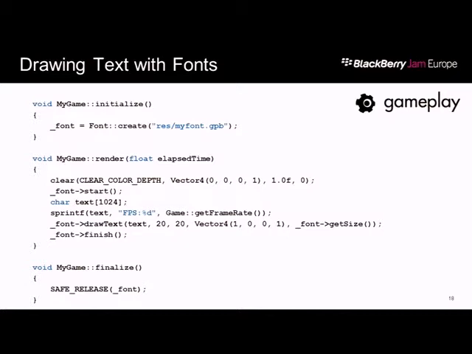And then I want it to be bold or whatever, and then it's going to produce you a GPB. So you just load it with this. So you're going to create a font. And then in your rendering code, you might clear the screen, start drawing the font, draw some text, and then finish. So you can almost feel the hint that this is batched, right? So all the text is all batched in there.